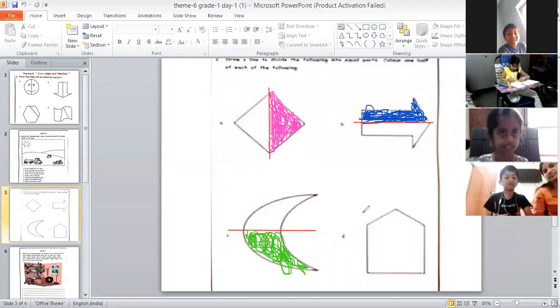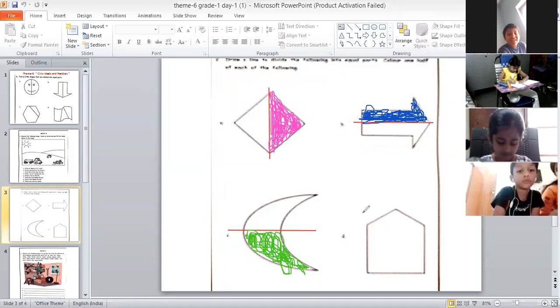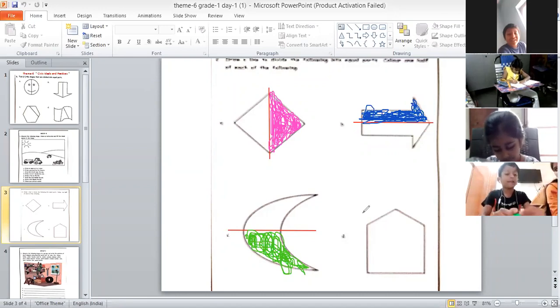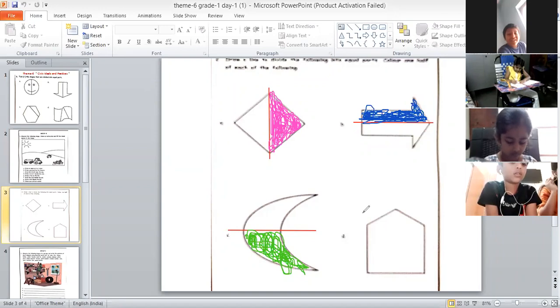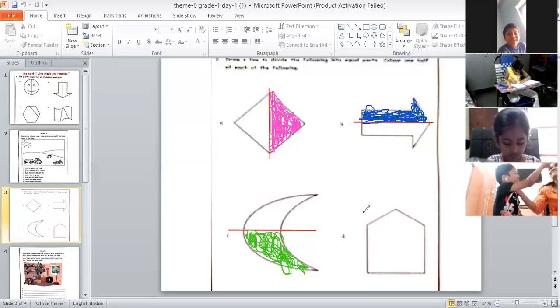Ayan, unmute yourself and tell me, in the next shape, we will draw a line horizontally or vertically? Ma'am. In the next shape, that is in the fourth shape, we will draw a line horizontally or vertically, standing line or sleeping line. Standing line. Very good. We will draw here a standing line, which is known as vertical line. That's correct. Okay.